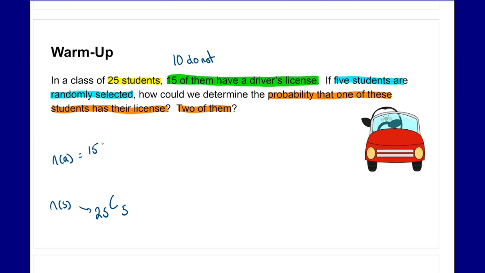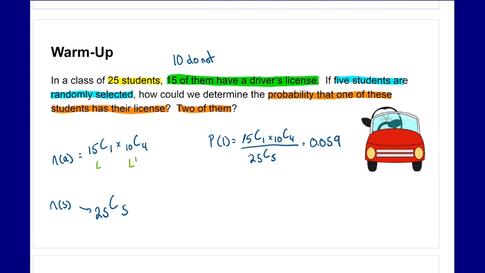The ones that have their license, 15 choose 1, so they have their license. I'll put the complement, they don't have their license. So we're multiplying it by 10 choose 4, because they'd be the 4 remaining people in that group. So we put this together, probability of one person having it, 15 choose 1 times 10 choose 4, divided by 25 choose 5. This gives us 0.059